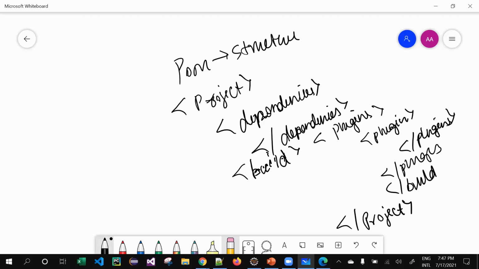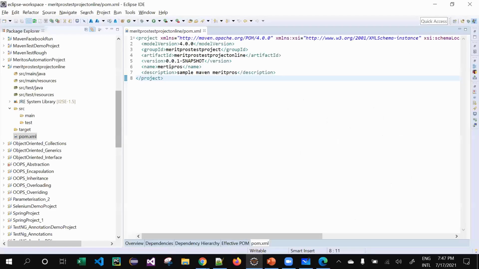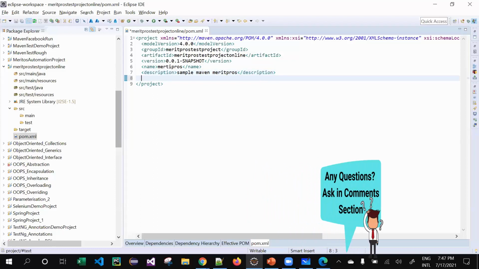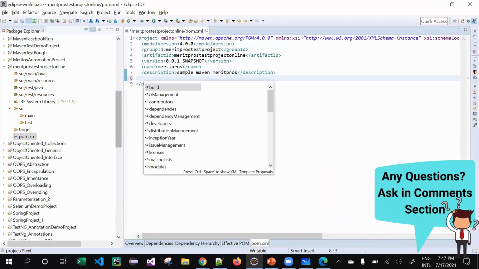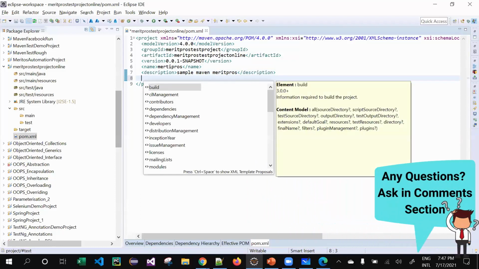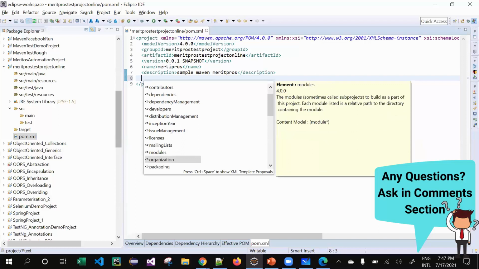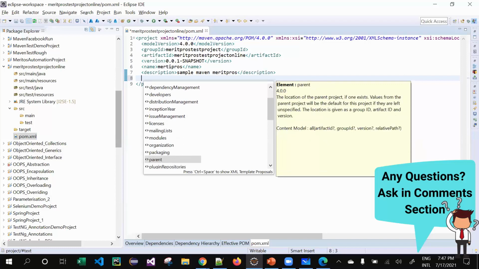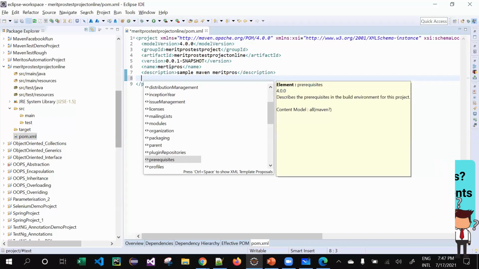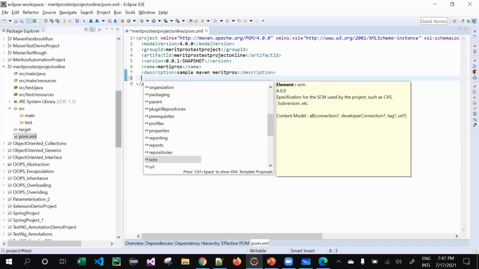So this is the structure of your simple Maven project. To brief you about the different things available: there is a build, dependencies, license management, issue management, mailing list, modules, organization, packaging, parent, plugin repository, prerequisites. There is a lot of stuff available over here.